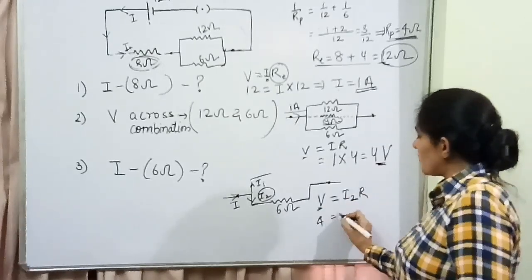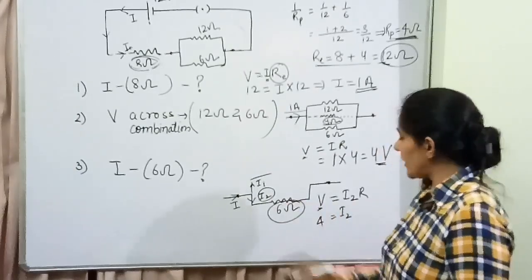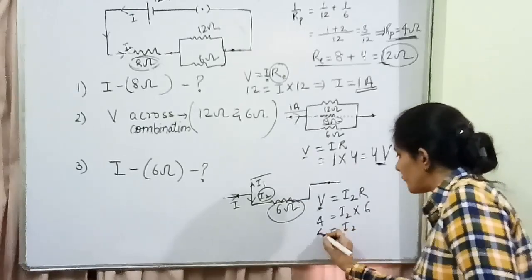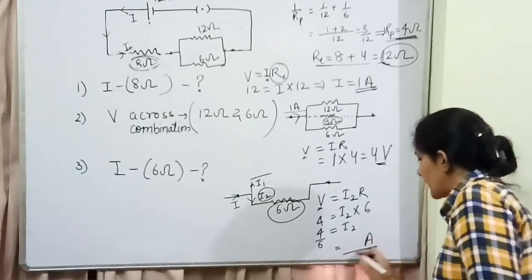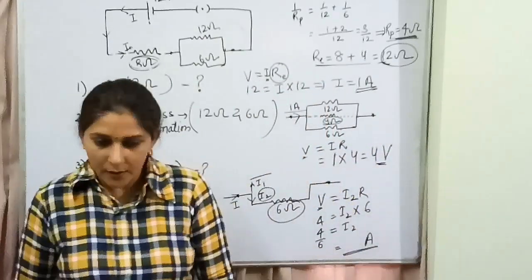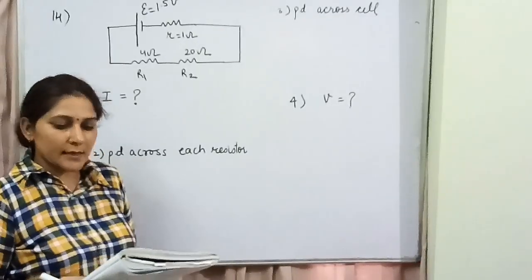That is 4 is equal to I, we need to calculate the value of R, across which to find out. 6 ohm into 6, so value of I2 is equal to 4 by 6, find out the value and the answer will be in amperes. Okay, now starting with the next one very quickly, 14th is a cell of